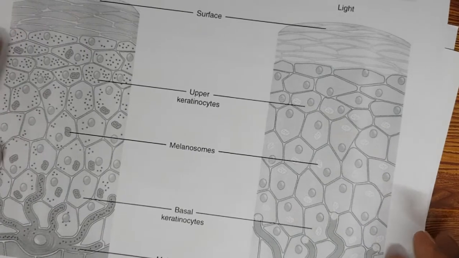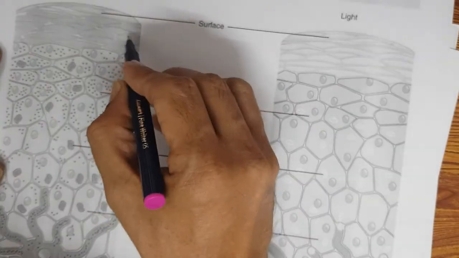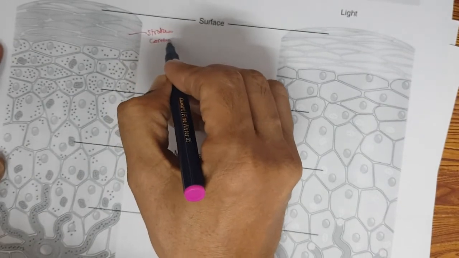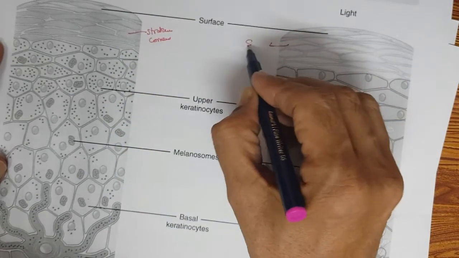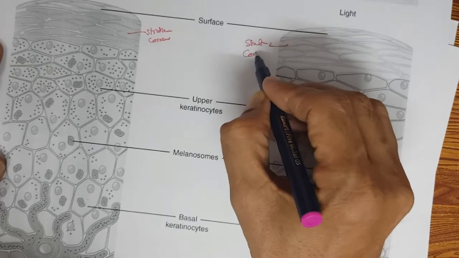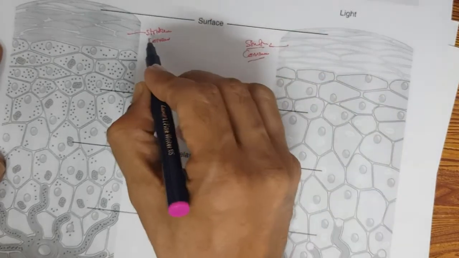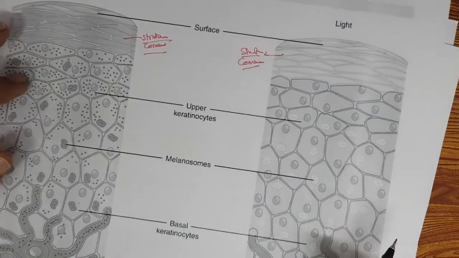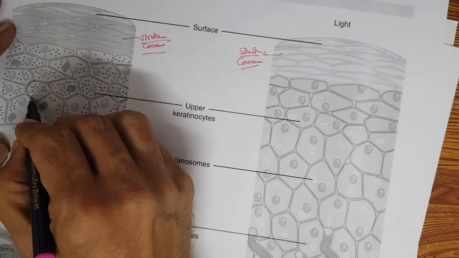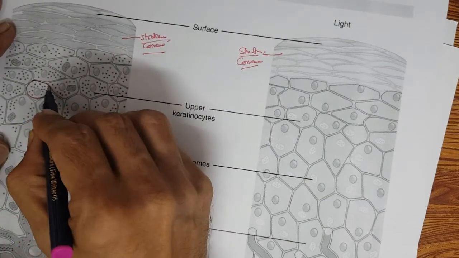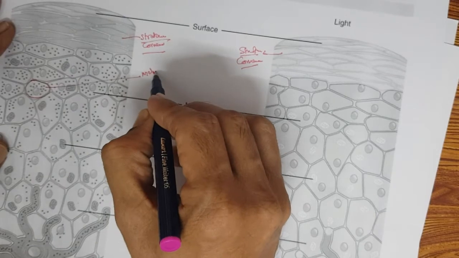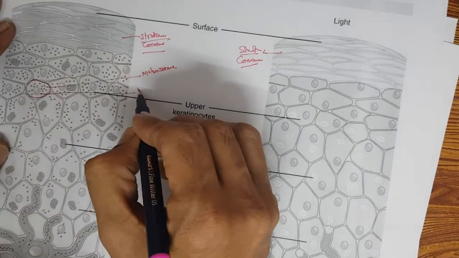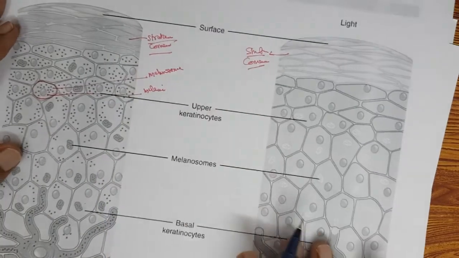Even when it comes to the lower layer of the cell, this is what? Stratum corneum, okay? This is stratum corneum. We studied that stratum corneum. So even when it comes out, the color is still there. This is what? Each cell is melanosome, right? Contains the pigment melanin, right?